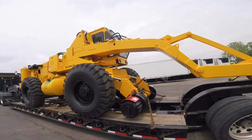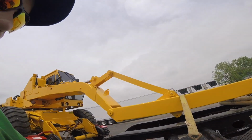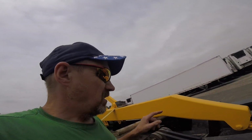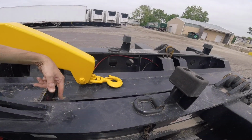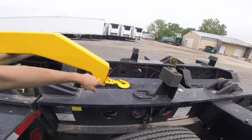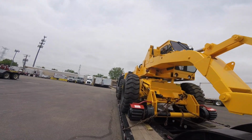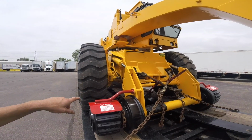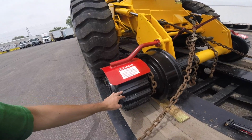Very nice machine, but I did this one before. I'll post a link in the back, but basically the one I moved before had a magnet in here, and I was joking that it was a mosquito killer machine, if you remember. This one just has a hook, but it's a railroad special loader. So you see it has two sets of wheels, one regular tires, and then it has this, and I'm not sure what this is for,